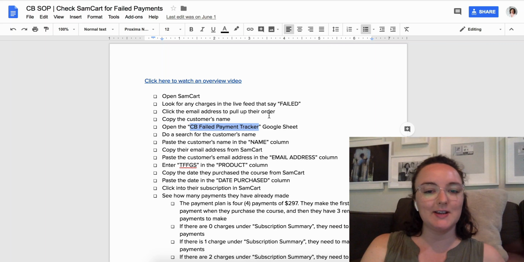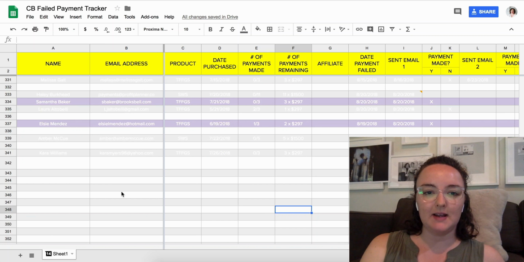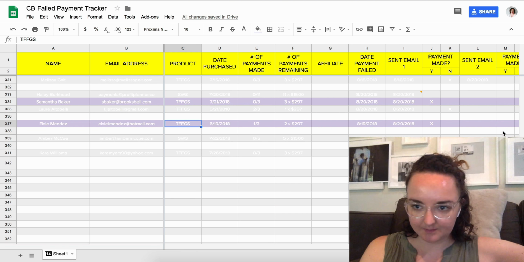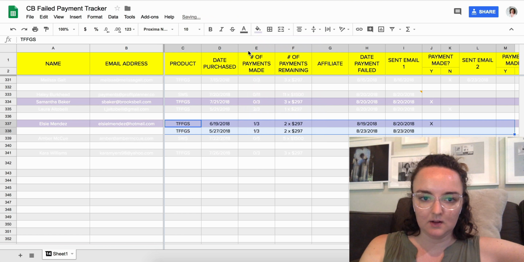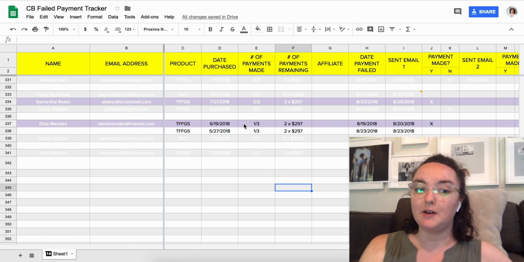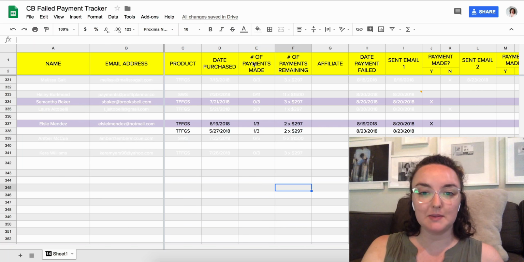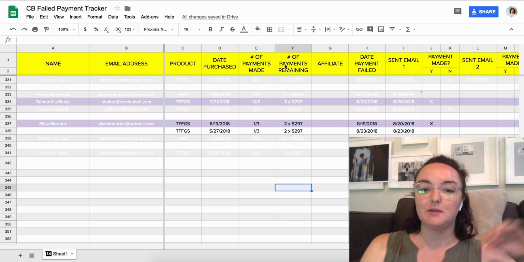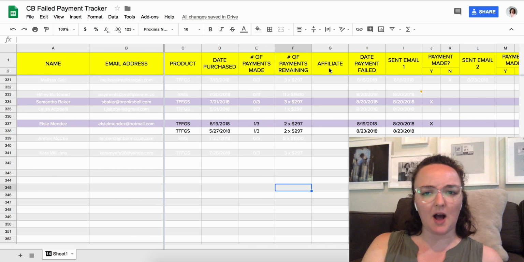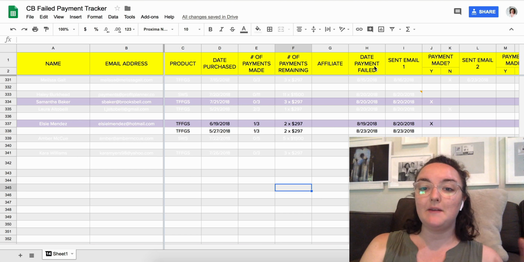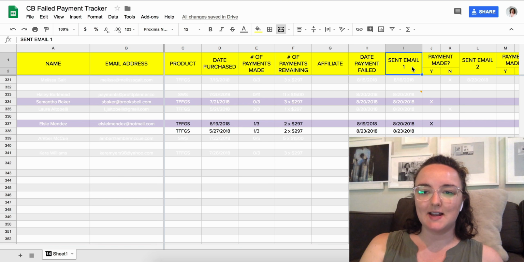So basically, when there is a failed payment within Samcart, we open up the spreadsheet, and I've whited out the information here just to protect their information. We're gathering their name, their email address, and then what we're tracking is the product, date purchased, number of payments they've already made, number of payments remaining, if they bought through an affiliate, the date their payment failed, and then the date that we're sending the first